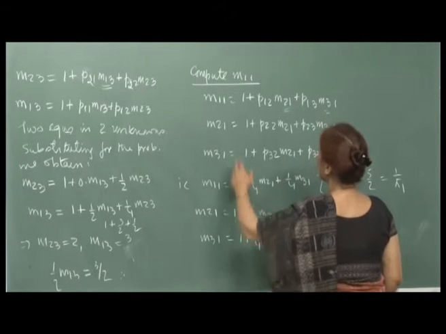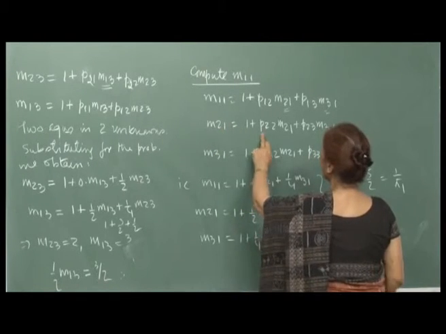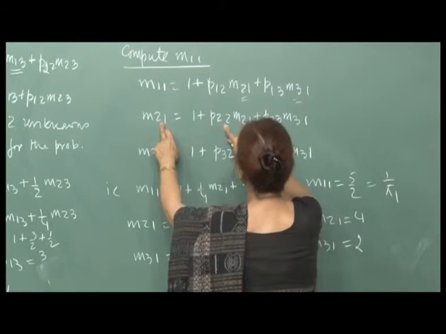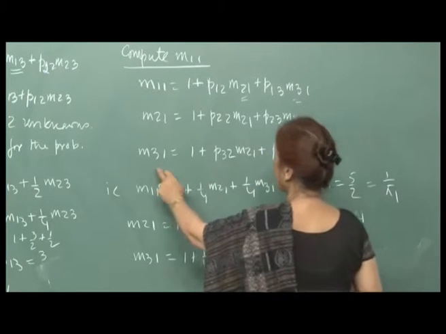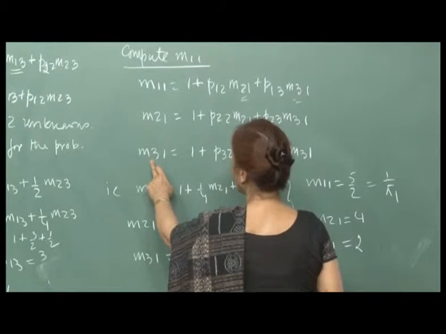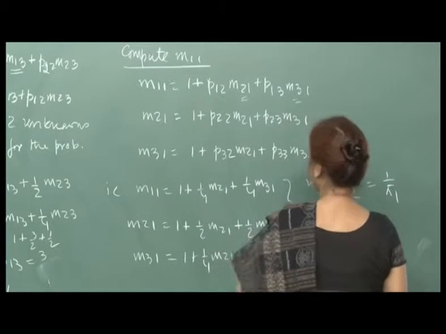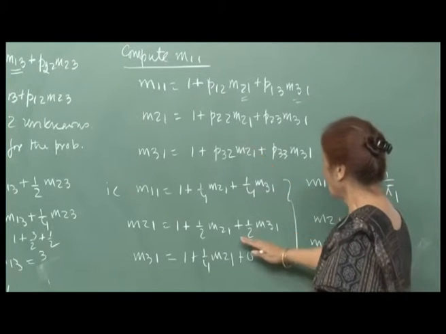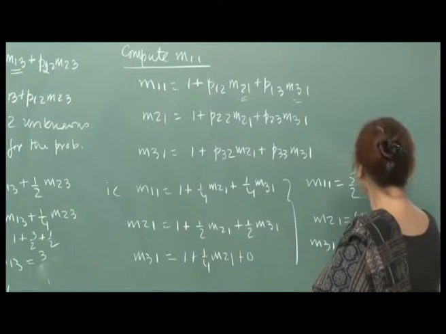So, 3 unknowns are there, and therefore 3 equations. M21 will be 1 plus, again your k is not equal to 1, so P22 M21 plus P23 M31, and then finally, when you write it down for M31, it will be 1 plus P32 M21 plus P33 M31. And so, substituting for probabilities, I get these equations, and again in a very simple way you can solve them, and